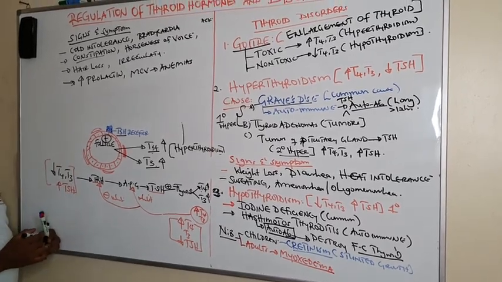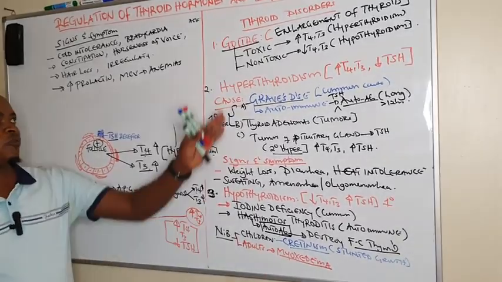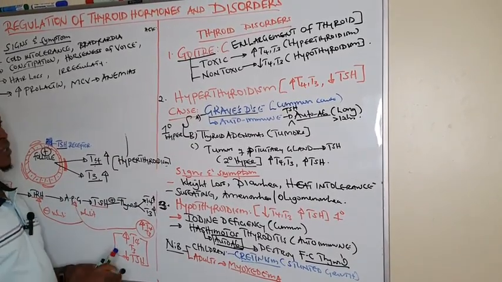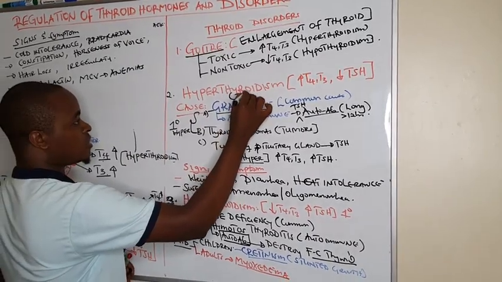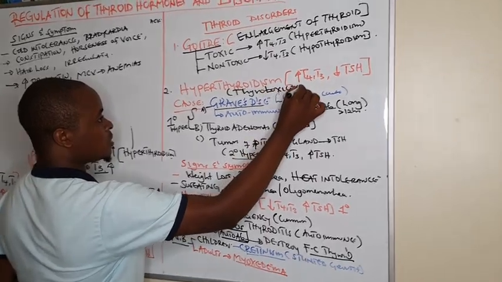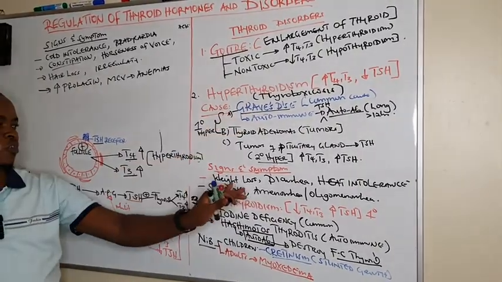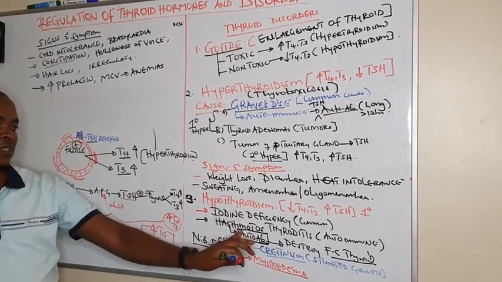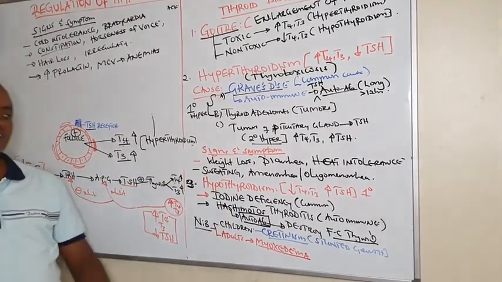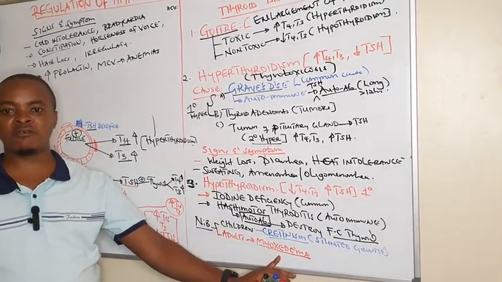So this is what we can discuss in this session, where among the thyroid disorders we have looked at goiter, we have looked at hyperthyroidism, and another name you can call it is thyrotoxicosis. Then we have seen the leading cause is Graves' disease. Then the leading cause of hypothyroidism is iodine deficiency, together with Hashimoto's thyroiditis. And we have said in children it leads to cretinism, whereas in adults myxedema, that is swelling of the face